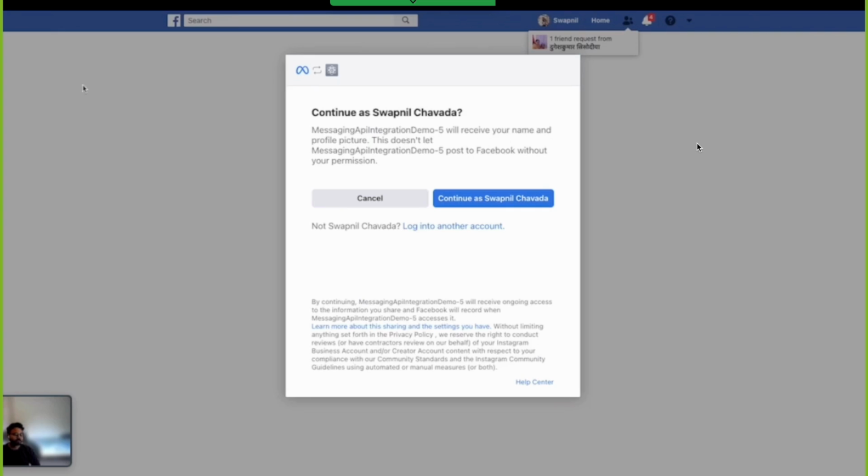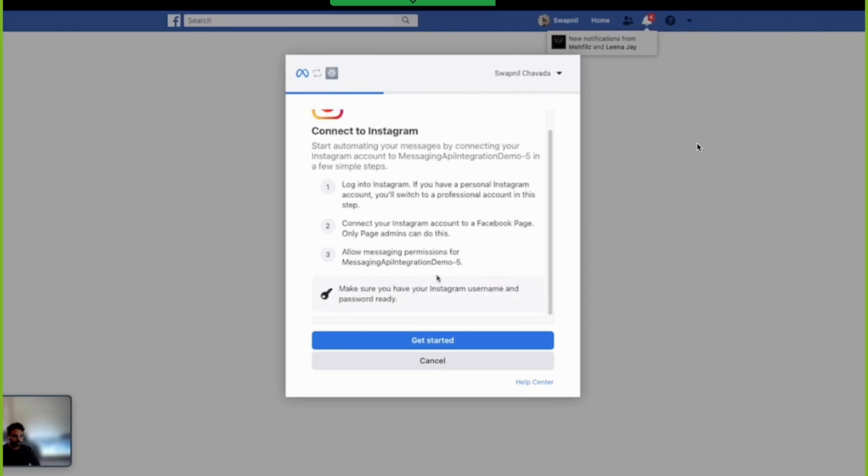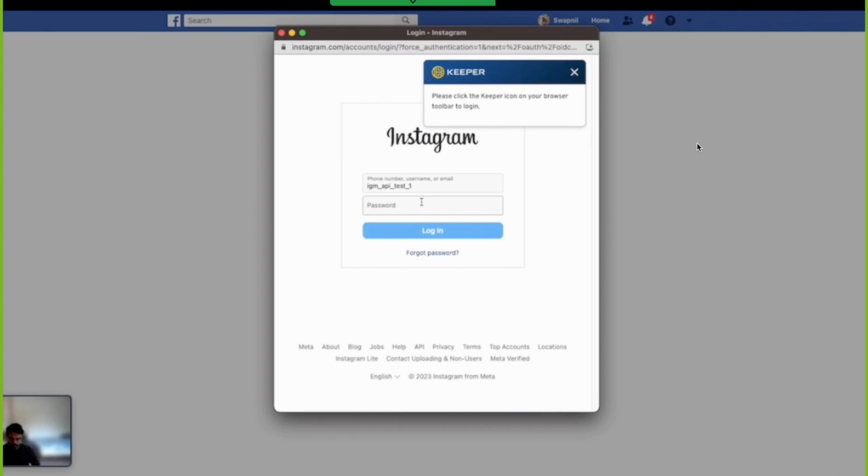Now, as we had seen in the video earlier, this is the same flow that's being invoked. The first screen talks about the steps and sets expectations. It's asking me to log into the Instagram account that I wish to onboard. I'll be doing that.